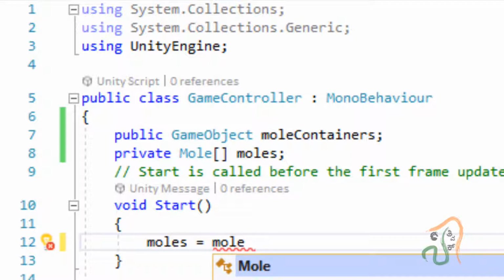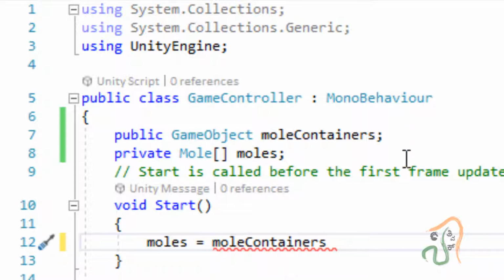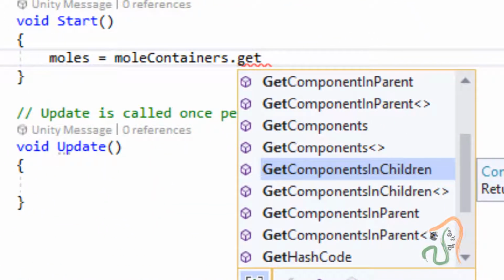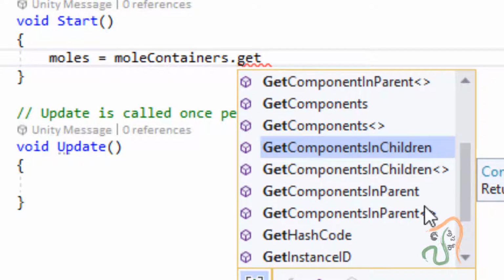So you have the game object mole container, press period, and you have get component in children. You have an option here called get component in children.